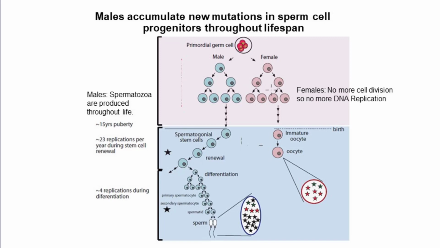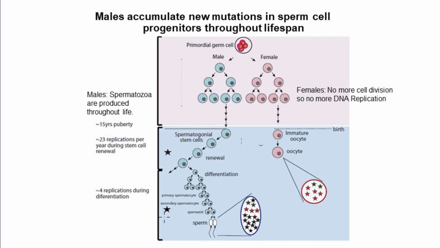Males start with a primordial germ cell and expand that out to a population of stem cells that exist in the testis. Then, at puberty, those stem cells undergo characteristic sets of division to renew and expand the population of stem cells. As each of those stem cells undergoes a differentiation event, leading to mature spermatozoa, each of those cell divisions is associated with a DNA replication event. And every time DNA gets replicated, there are mutations that get introduced into the genome,